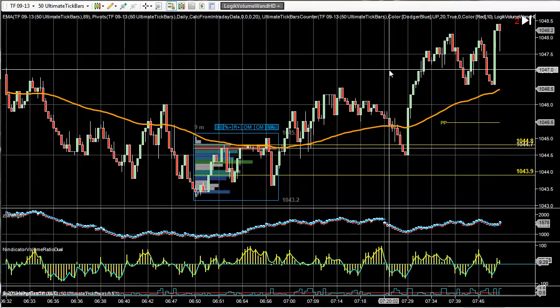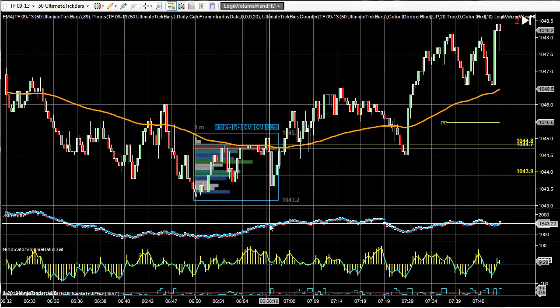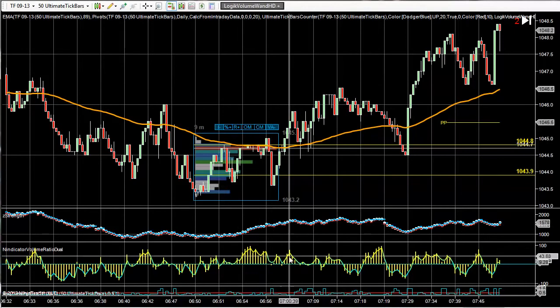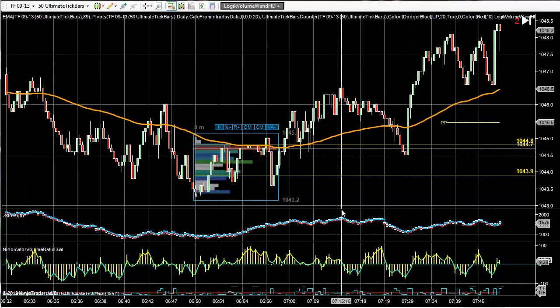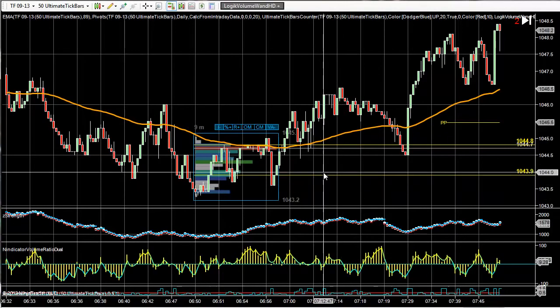I do have other volume tools on this chart, and I found that using the Z strength and the volume ratio tool are very powerful support tools for this type of analysis, but I'm not going to get into that